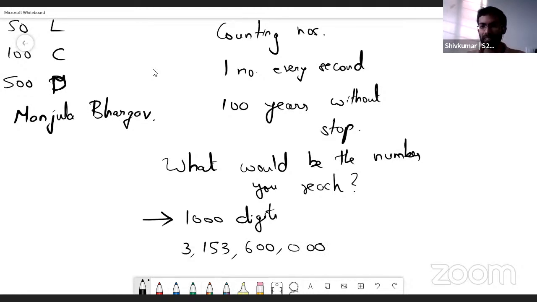Just look at the number of digits it has. This just has 10 digits. I just want you to hold back and see. You count throughout your life, and the number you reach in the end is just a 10-digit number. Just imagine how much time it will take for you to reach 1000 digits. Would your lifetime be enough for that? Sir, it will take thousands of years. Thousands of years is an understatement. So just think about it a little more.